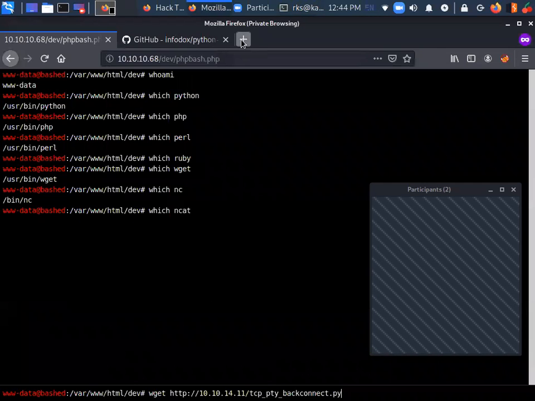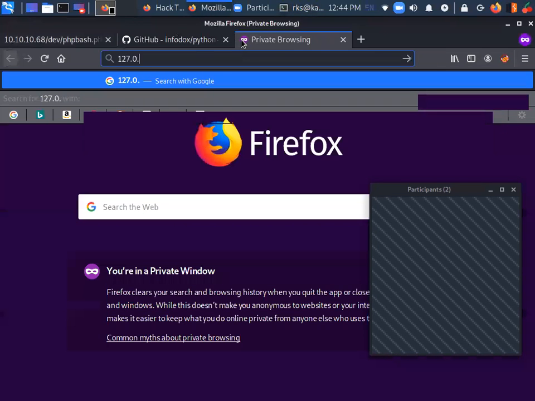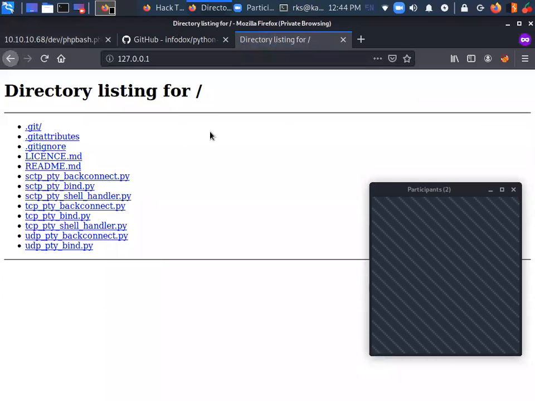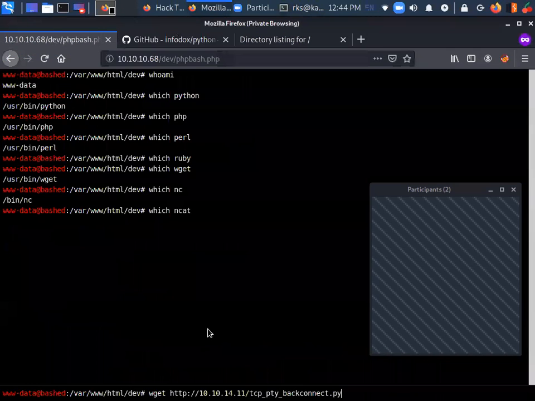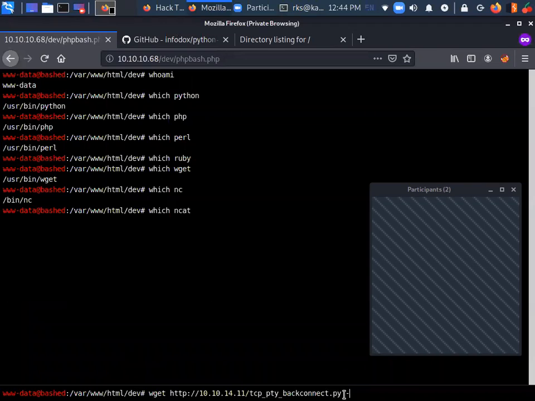I can confirm this here. You can see. So I'm going to download this file and save it using -O in the temp directory, /tmp/ with the name shell.py.